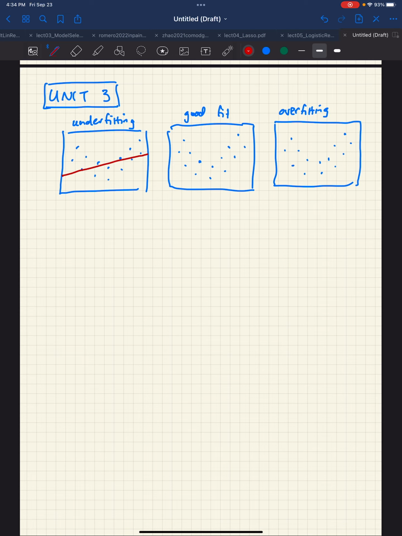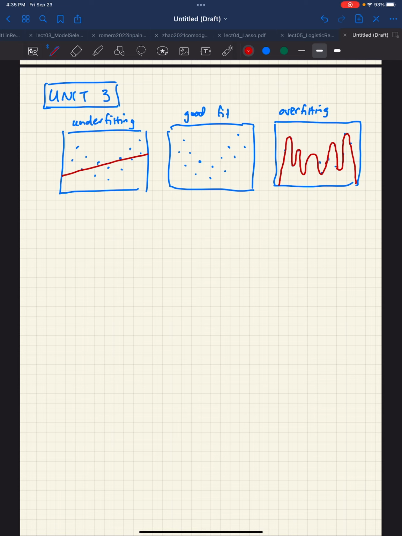If you come up with a model that perfectly passes through all of these points, okay, that model is perfectly matching all the training data,